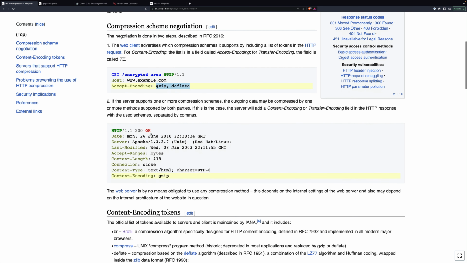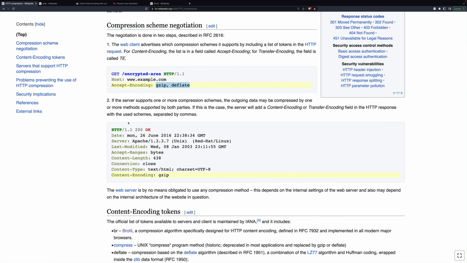The server gets that and says, okay, I'm going to send that file back. Oh, but look, they accept gzip, and I know how to do gzip. So I'm going to gzip my file before I send it back. And they send it out, and the browser receives it and says, I recognize gzip, and unpacks it and displays it for you. All of this happens without you even knowing it. You don't have to do anything to make it happen. It just happens. But it can make your web pages dramatically smaller in transmission, which can therefore greatly increase your speed.